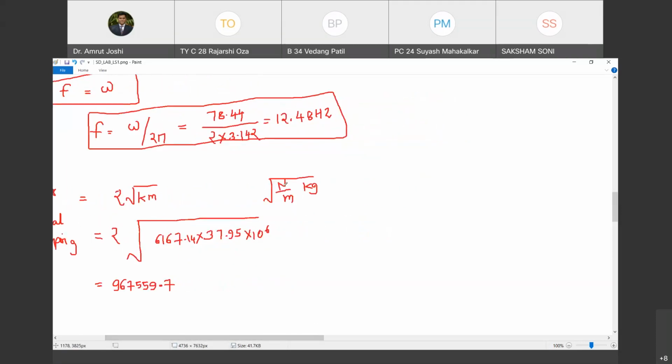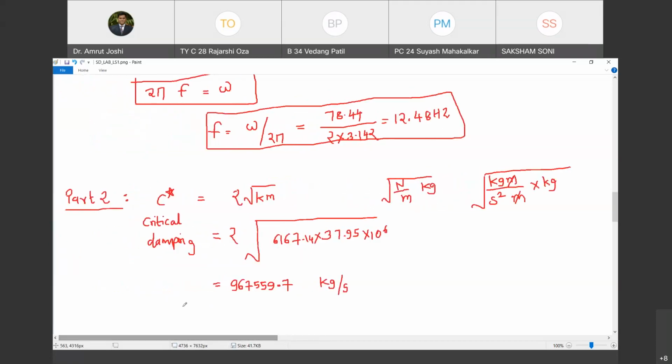So now let us write down Newton. What is Newton? Newton is the unit of force, which is mass into acceleration. So can I replace Newton by kg meter per second square? Then you have meter sitting here, you have kg sitting here. Are you with me? So therefore meter is going to cancel out. In the square root sign you have kg square upon second square. So this unit is going to be kg per second. Do you agree with me? Yes.